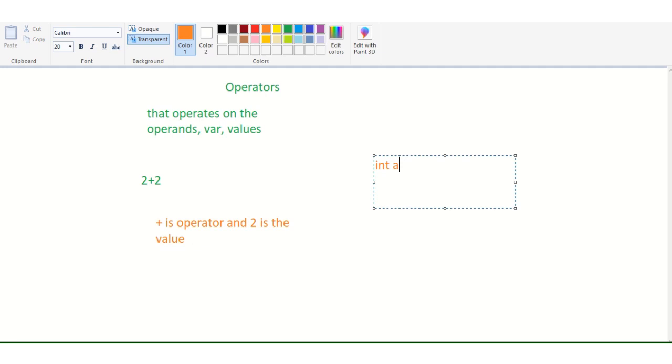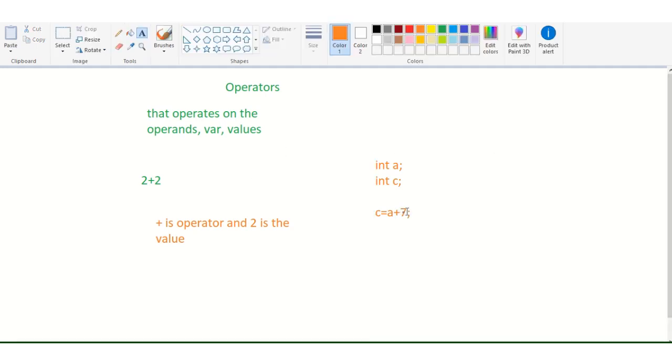For example, if there is int a and I want to add a with 7, I'm also taking int c for the result. c is equal to a plus 7. Now 7 is the value.